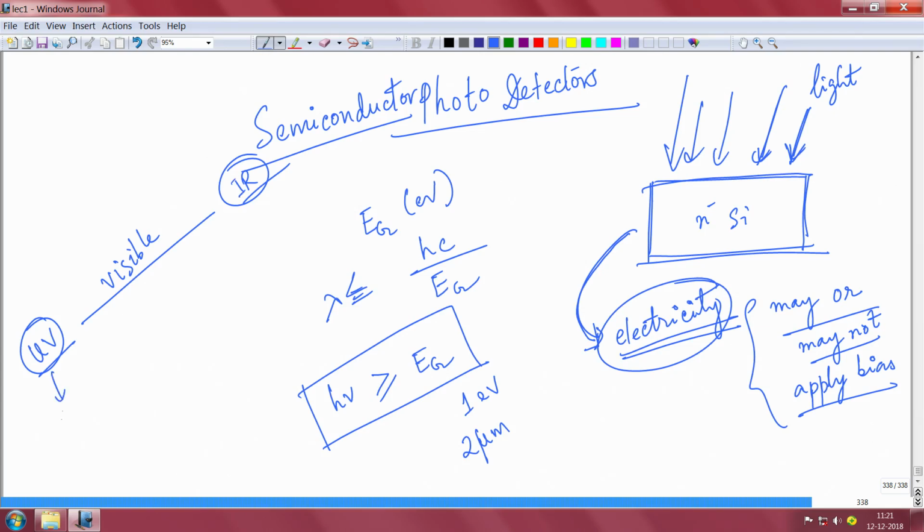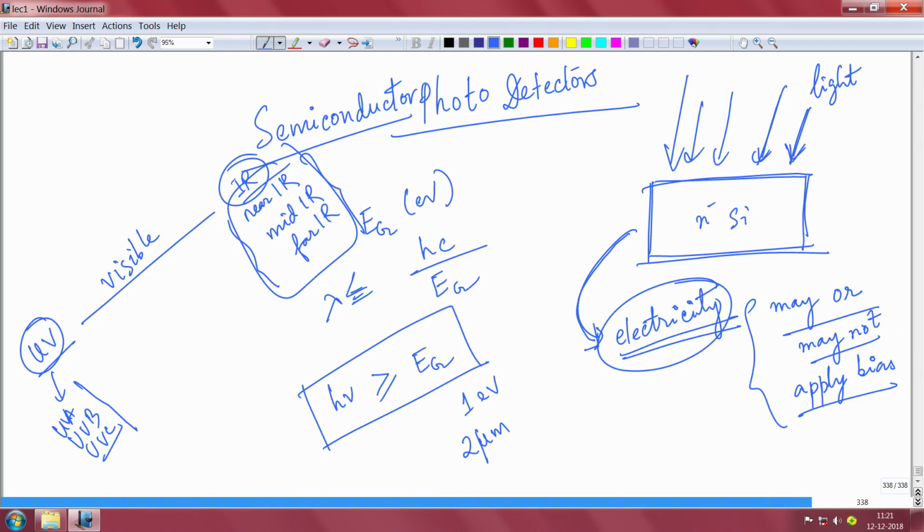UV also has many parts: UVA, UVB, UVC. We can come to that later. Infrared also has different categories, like near infrared, mid infrared, and far infrared. Of course, these are not visible to our eye. They have a lot of military and other applications, a lot of commercial applications, a lot of security and strategic applications, and a lot of biological and medical applications also, these infrared detectors. These are not visible to our eye.